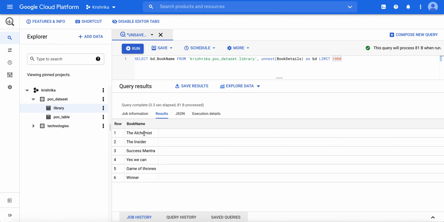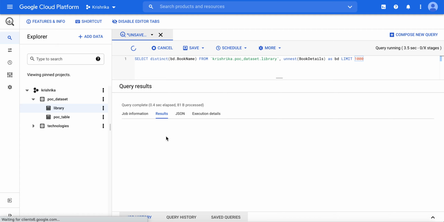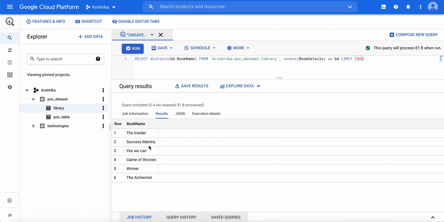Yeah, so there are total 6 books which are actually available, and which are being held by different persons, like 3 persons. So we can actually unnest the data from all the repeated fields, and then fetch out whatever inner field or child field you want to fetch. Also you can apply some aggregations on top of any of the fields, because it will behave as a normal field. Only the condition is you have to unnest it along with the table name. That is the only condition. So currently there are unique fields, so it will fetch you all the 6 fields.